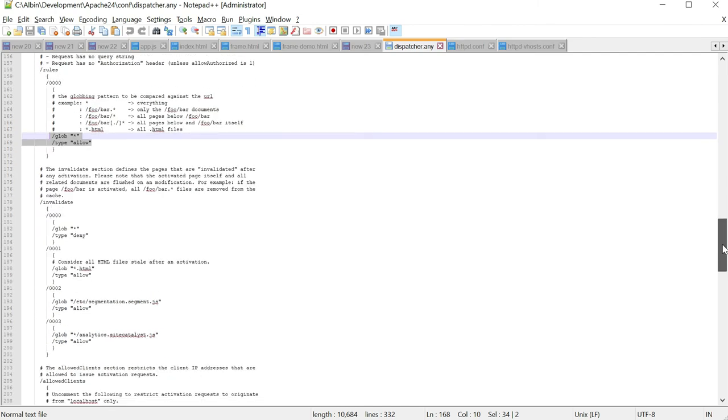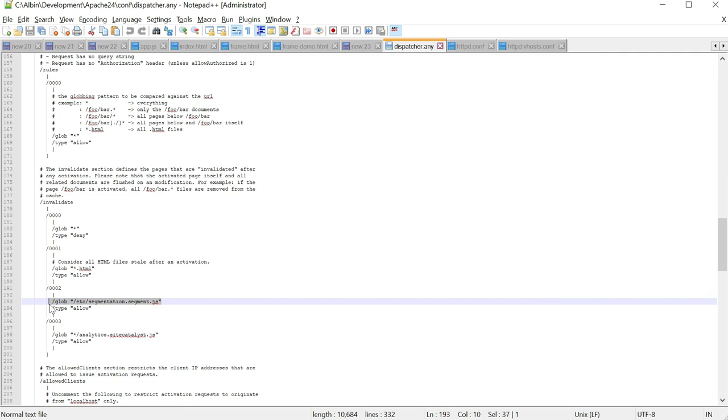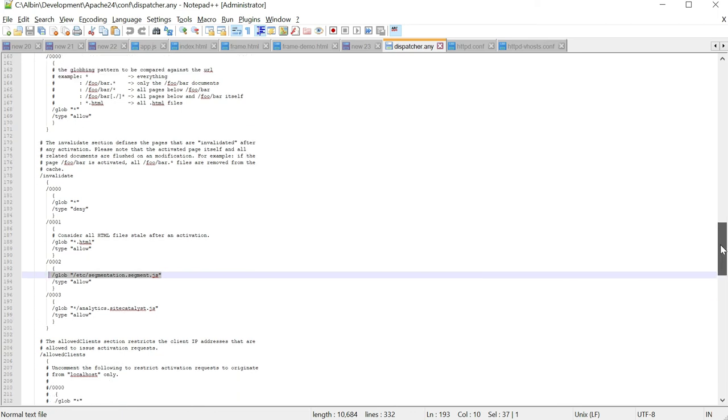Now another one is invalidate. Again, we talked about it earlier. What section of the website should be invalidated based on the stat file timestamp. So we are saying deny everything, so don't auto invalidate anything. Then you can specifically say .html should be invalidated based on the .stat file timestamp. Now again, you should be specific. In case some site content is getting updated, for example a sitemap or robots.txt, some examples, right, you want them to get invalidated automatically. In that case, you can allow those URLs also.